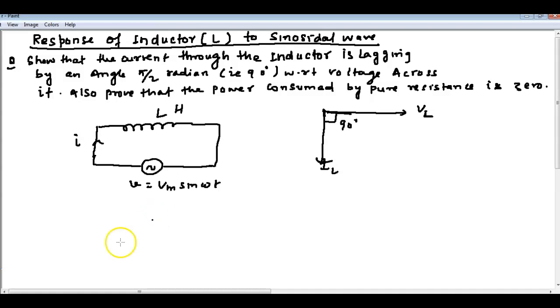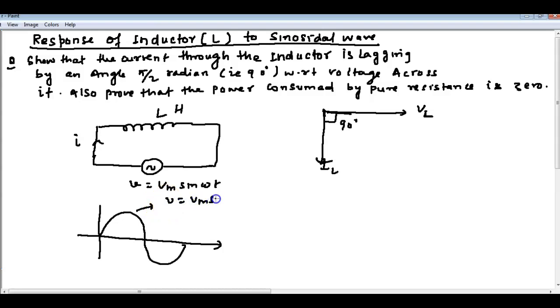Getting here? You can tell it in easy language from what we studied in the phasor diagrams. This is the voltage: V is equal to Vm sine of omega t. This side is called lagging, so the current will be this one. This is the current, and I is equal to Im sine of omega t minus pi by 2. The minus means the phase difference is pi by 2, and that you have to show here.